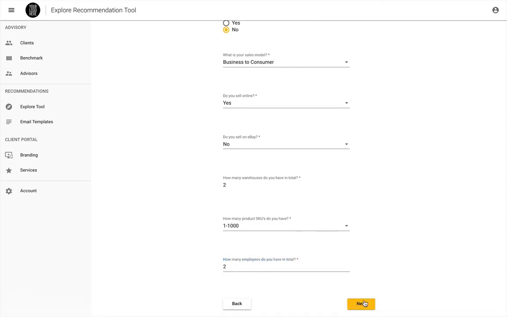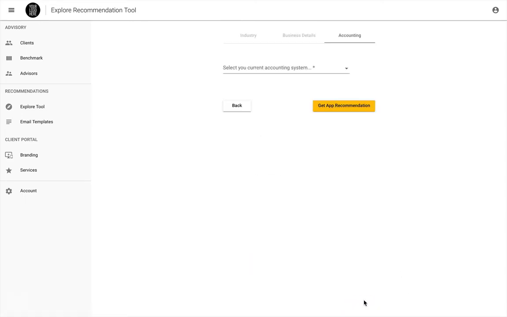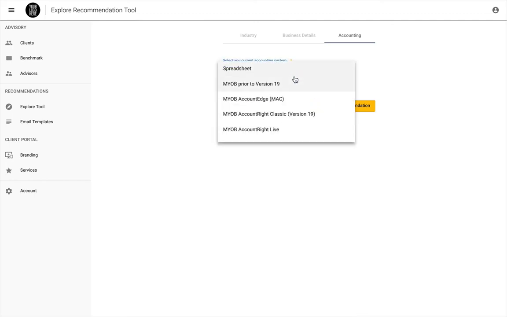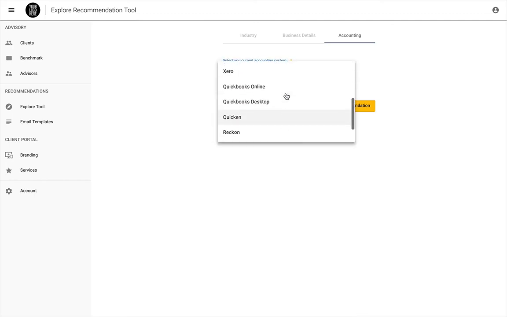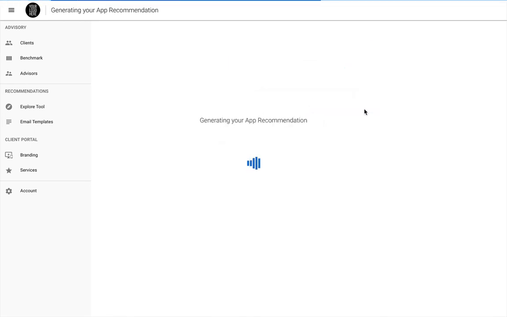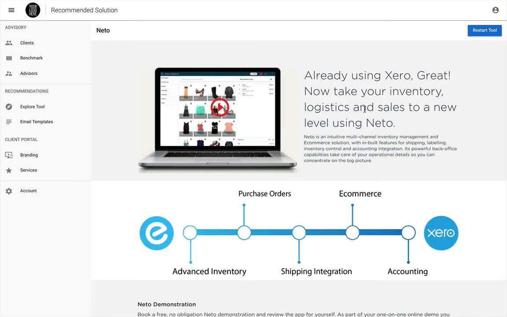So potentially just a B2C e-commerce. And let's say that they are using Xero. So this allows you to then